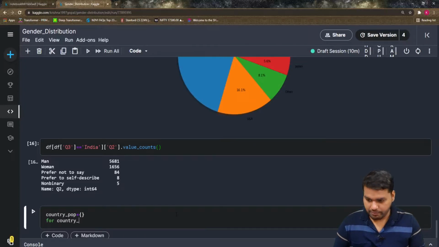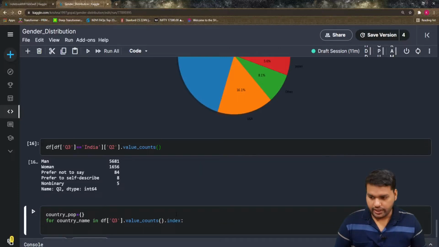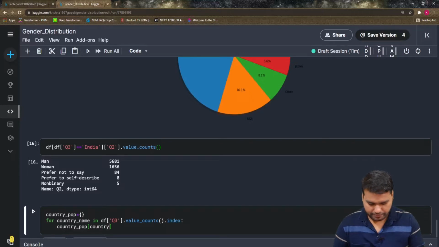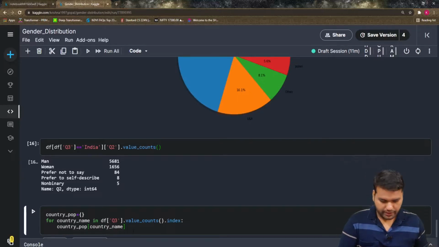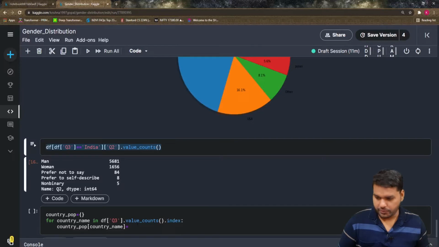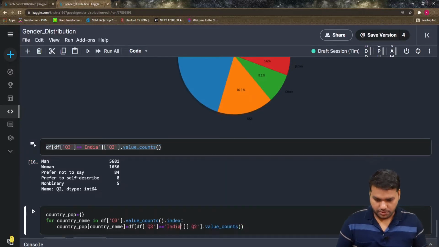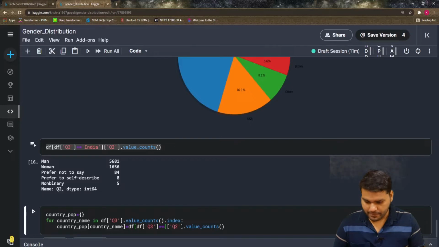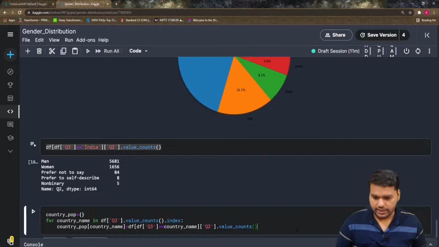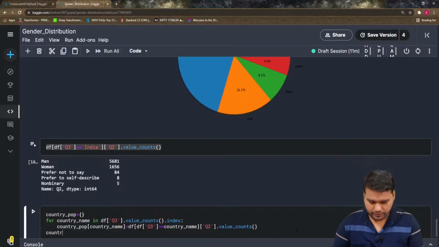For country name in df q3 dot value counts dot index, and we're going to store in this dictionary, country_pop of country name, what we are going to store. So this is the country name, and let's see how our dictionary looks. Country_pop.